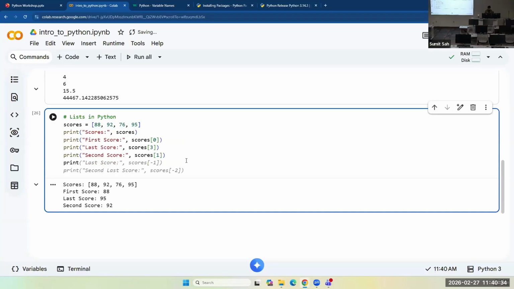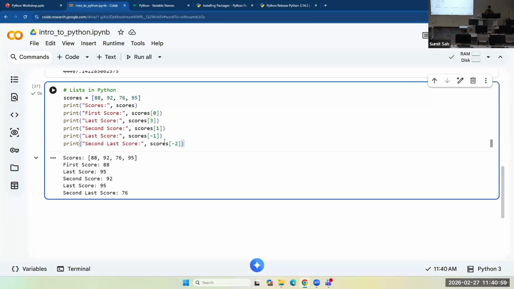Negative indexing is not in other languages like C or C++. So if you say a[-1], this position means the first from the last. The -1 will give you the last score, and then the -2 will give you the second last score.